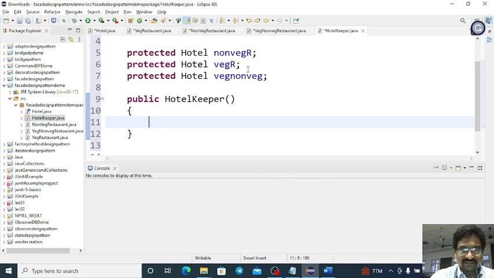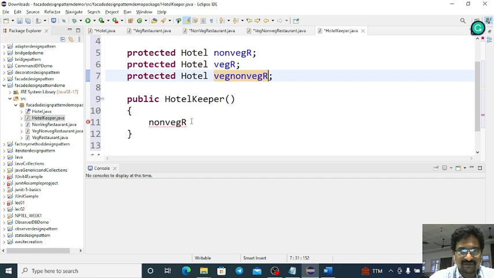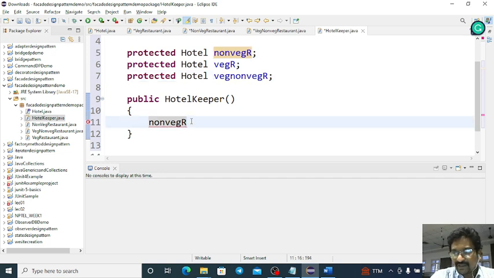First I need to instantiate the non-veg restaurant. So what is the variable? Non-veg restaurant is the variable, where R stands for restaurant. Non-veg restaurant equals, using the new operator,